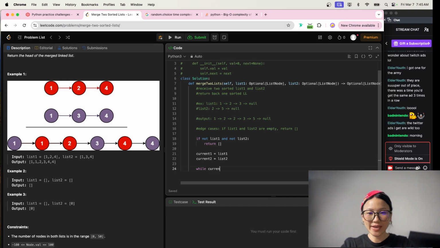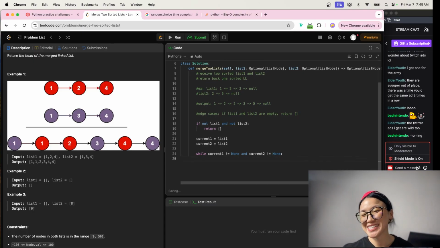While current 1 does not equal null, none, and current 2 does not equal none. Oh, it's been a minute since I've done linked lists, but this is what I'm thinking. So while they don't equal none, meaning they haven't reached the end of the list, we're gonna go ahead and say,